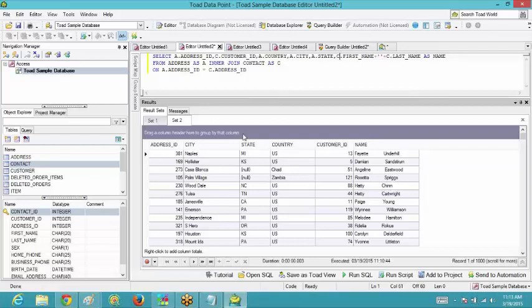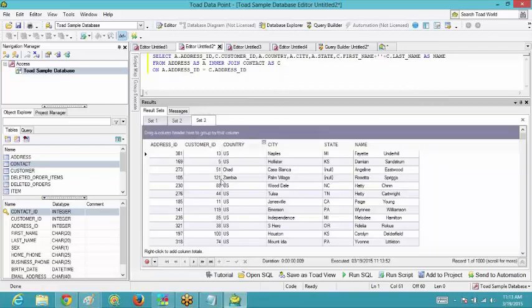Now see, address ID, then after that we asked for the customer ID, then the country, city, state, name. So in whatever arrangement you want to have the result, try writing it in that way only over here, in the select.